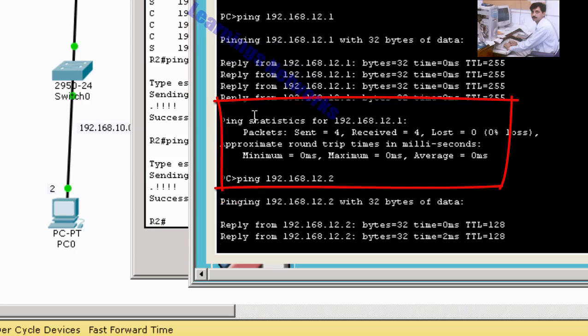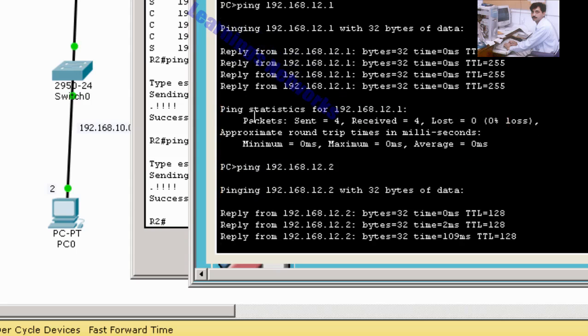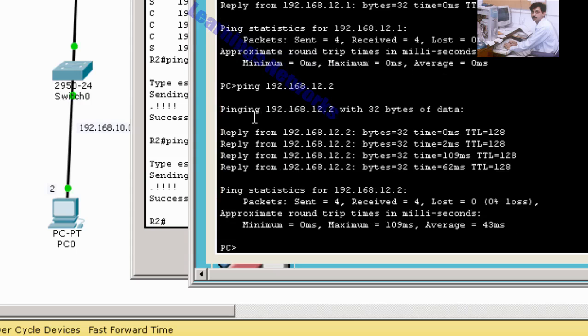Ping is a very useful utility tool for checking connectivity.